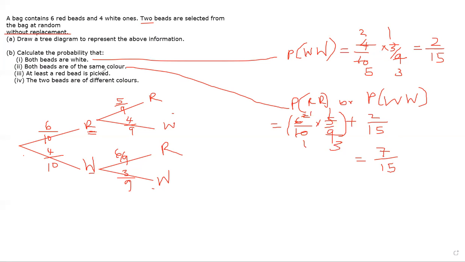At least a red is picked. So when you talk of at least a red, it means that we can have one red in that picking, or we can have even 2 reds going forward. So you will look at that diagram where we have red, like we can have 2 of them, or we can have only one. That is probability of RR, or